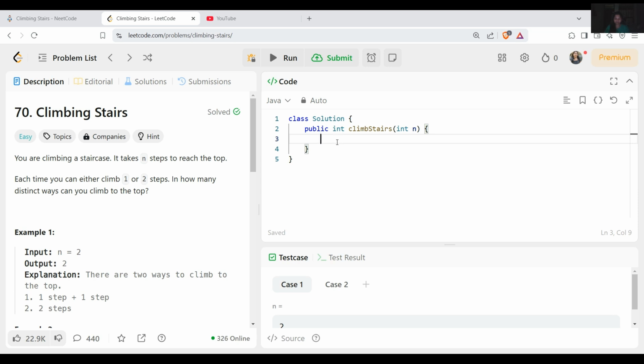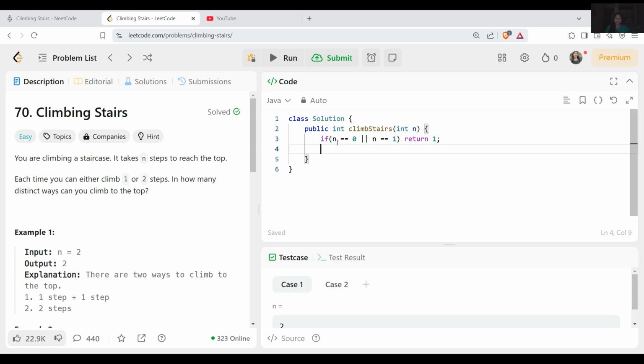First we have to put the base condition here. If n is equal to 0, or n is exactly equal to 1, in that case we simply return 1. So these are our base conditions.